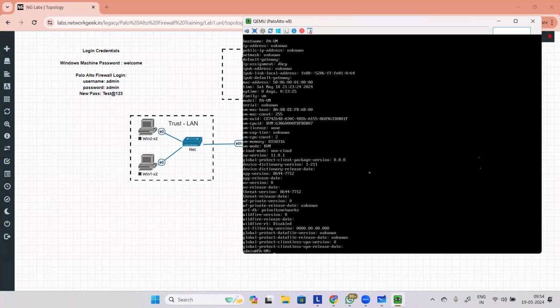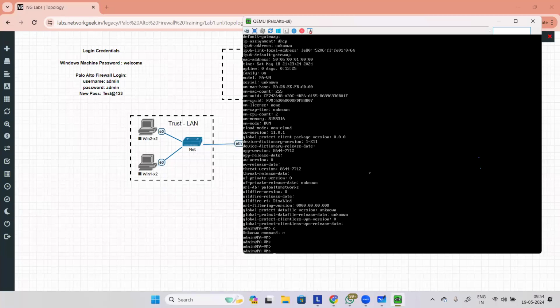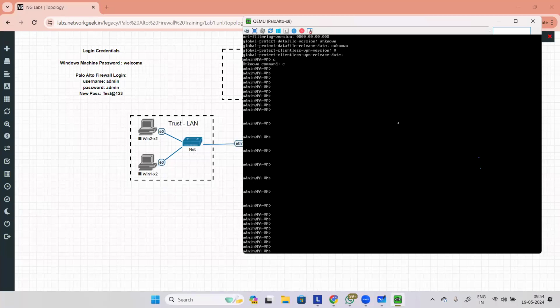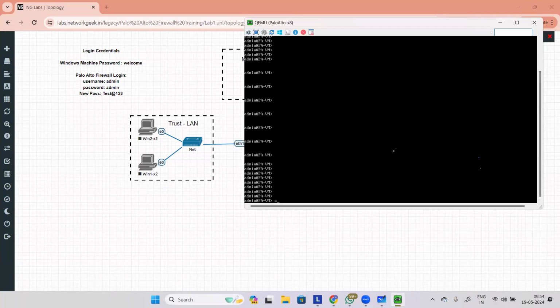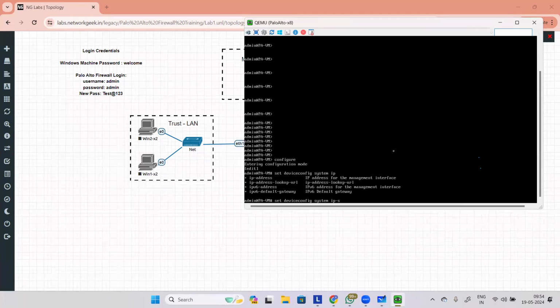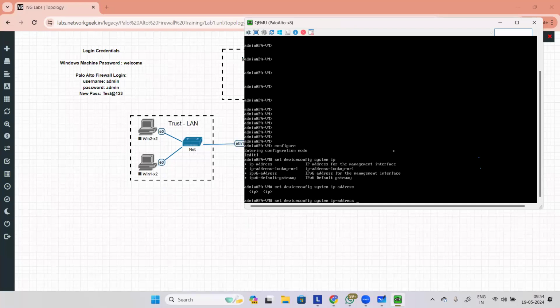Similar to what you have in Cisco, we have a configure mode in Palo Alto for making any configuration changes. You need to go to the configure mode. We need to provide these commands, and again, I'll share it across. Set device config system IP address, then IP, that is my